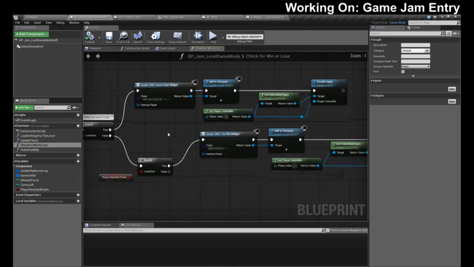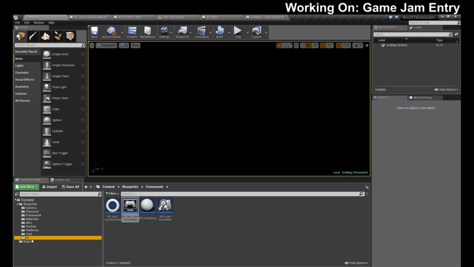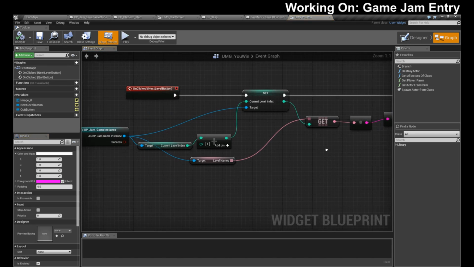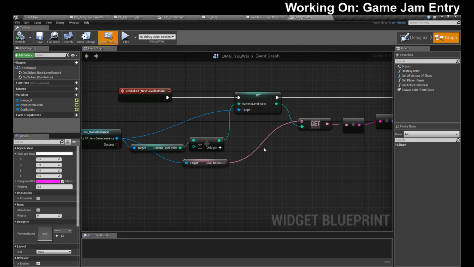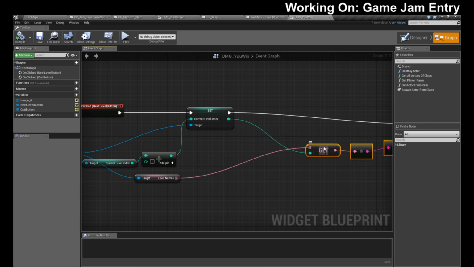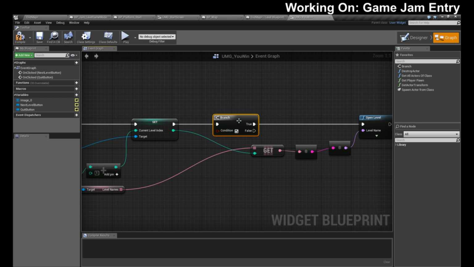So inside of our win widget, when they click next level, this is where we need to check. So this is only going to go off under certain circumstances. We need an if statement.